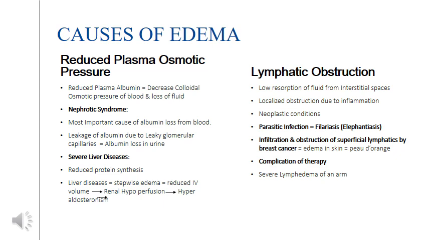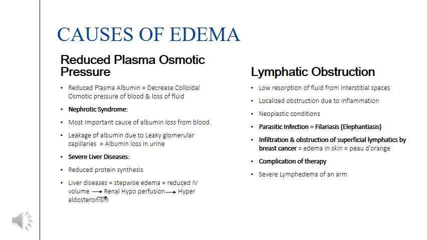Then severe liver diseases. Another important cause is severe liver disease. Here, if the kidney is normal, albumin is not getting lost, but the liver is not functioning, due to hepatocellular carcinoma or liver cancer, or any chronic disease, or cirrhosis, or anything else. If the liver is not working and not producing albumin, because in our body albumin forms within the liver, and the liver is unable to form a proper amount of albumin,